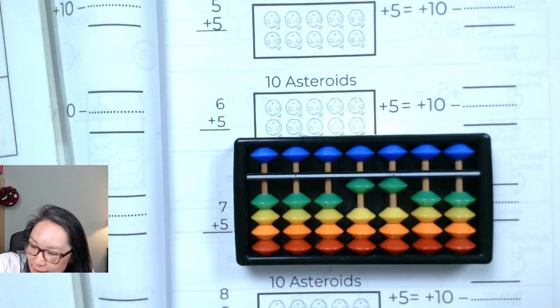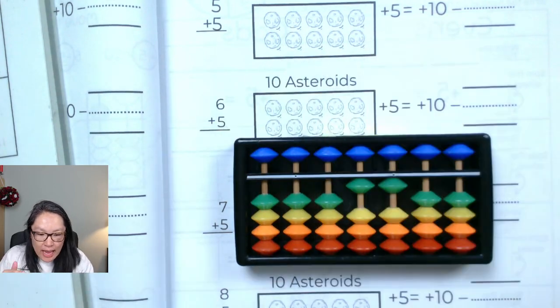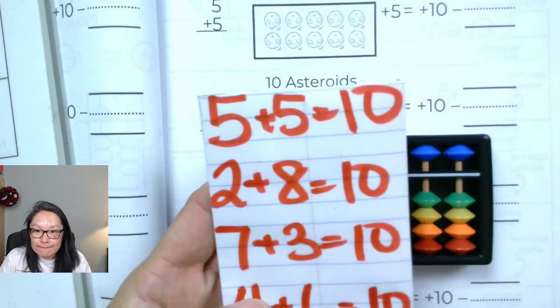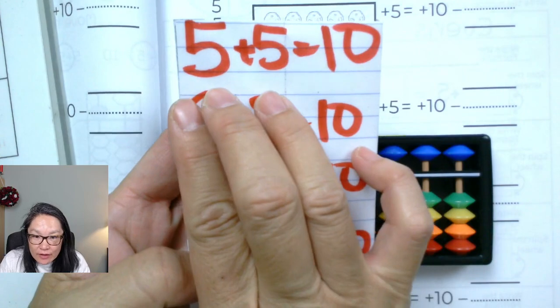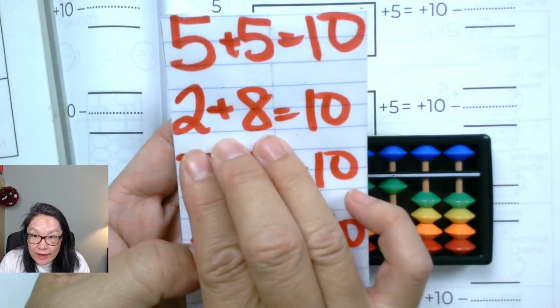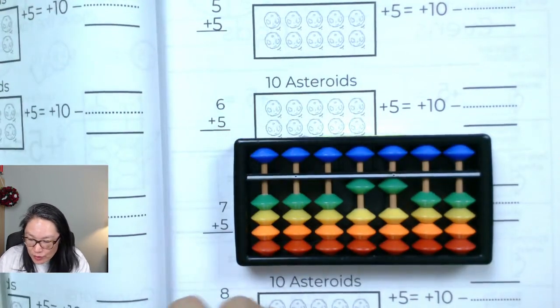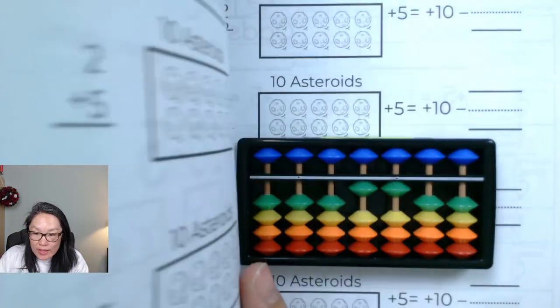That is how we make a 10. We're utilizing how to make a 10. We did a 5 plus 5. We can do it again with a 2 and an 8. When we do it with a 2 and an 8,